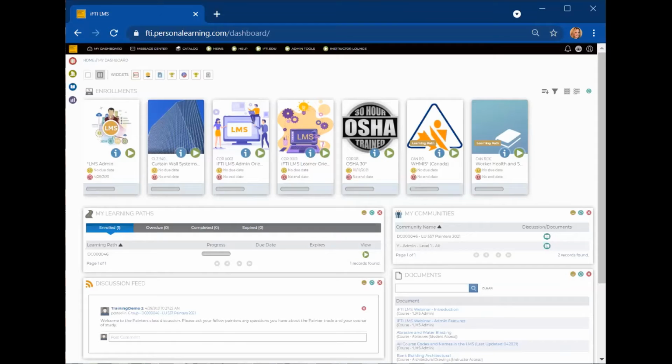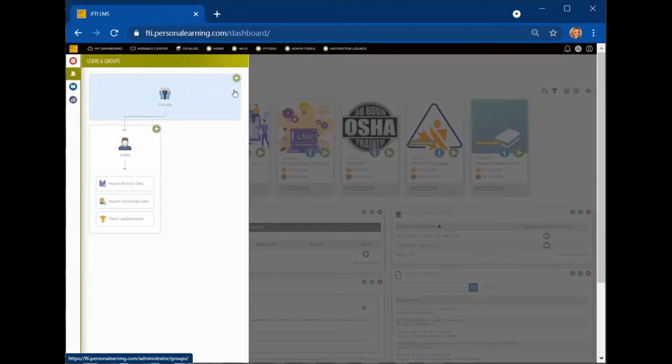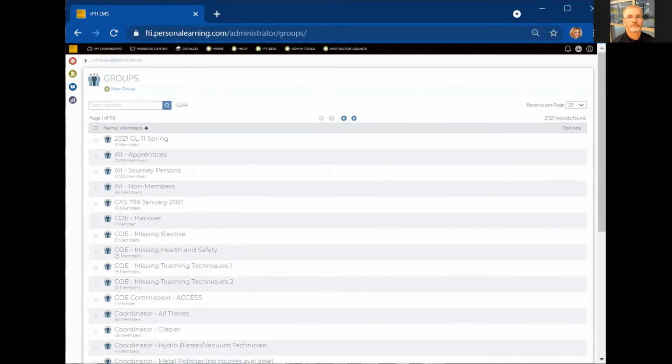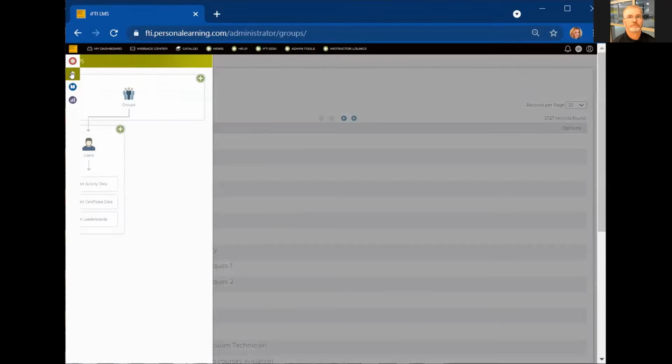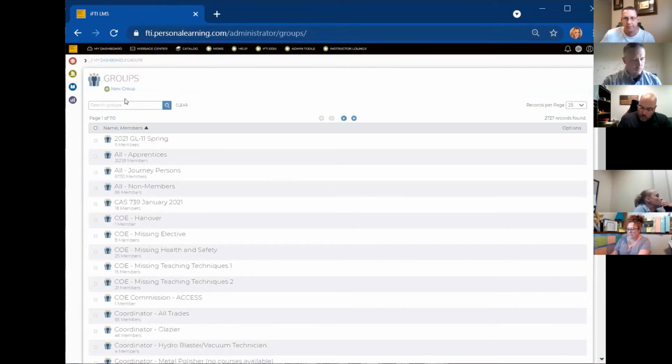So we'll just do a quick run through of the groups. The groups can be found through your admin menu. The green people, the users in groups, you click on that. From here, you can either add a new one using the plus sign or click on the groups to open the groups. From that click, you're able to add a new one here, or you can add a new group here as well. So in most cases, there are multiple ways that you'll be able to perform any particular function.